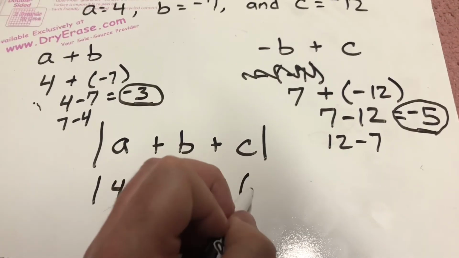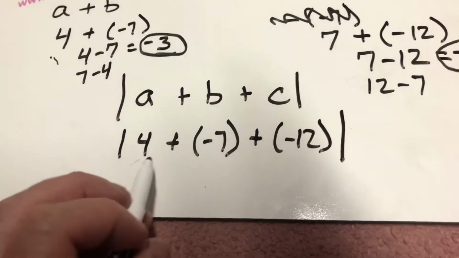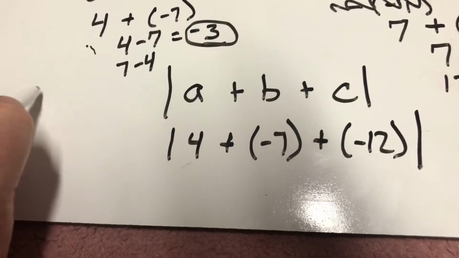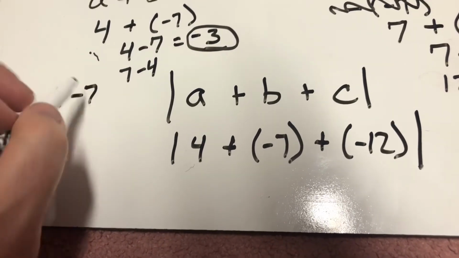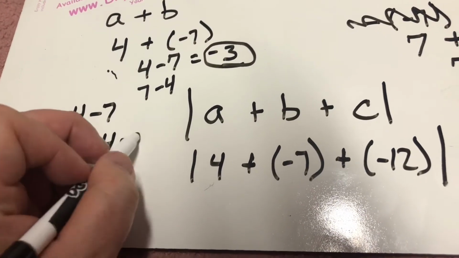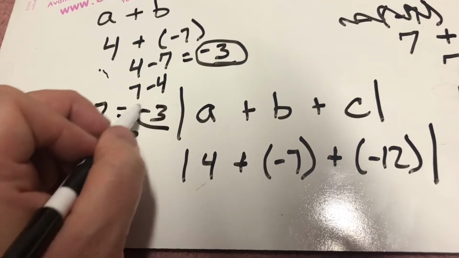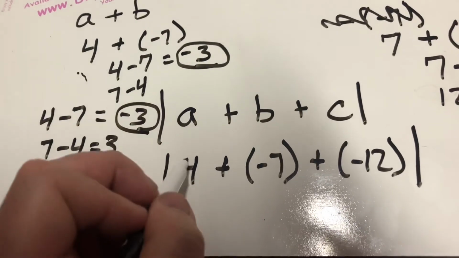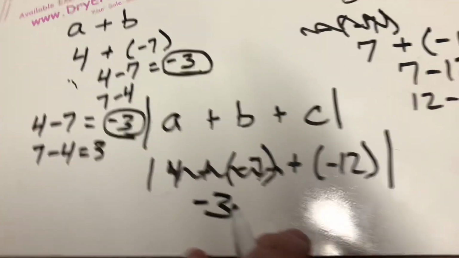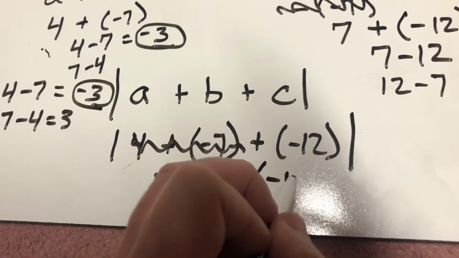So once again, parentheses to separate the operational signs, absolute value. 4 plus negative 7 is the same as 4 minus 7. I can think about that as 7 minus 4 equals 3, which means that 4 minus 7 equals negative 3. So this part here, 4 plus negative 7, is equal to negative 3. Well, negative 3 plus a negative 12,